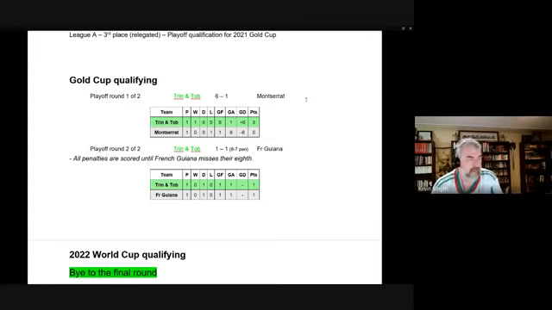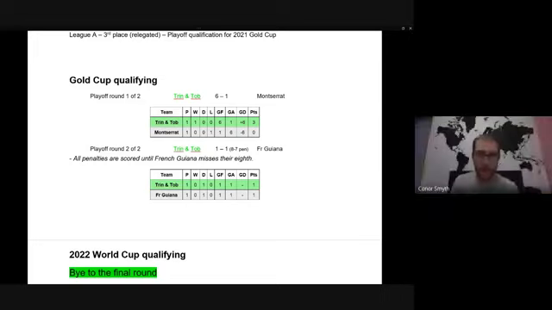In the second round, they met French Guiana, and they tied them 1-1 in regular time, so it went to penalties. Everyone scored their penalties up until the eighth penalty. French Guiana was shooting second, and Trinidad and Tobago scored their eighth penalty, and French Guiana missed theirs. So sadly, French Guiana was out, and Trinidad and Tobago is in. That's why they're here. By the skin of their teeth.